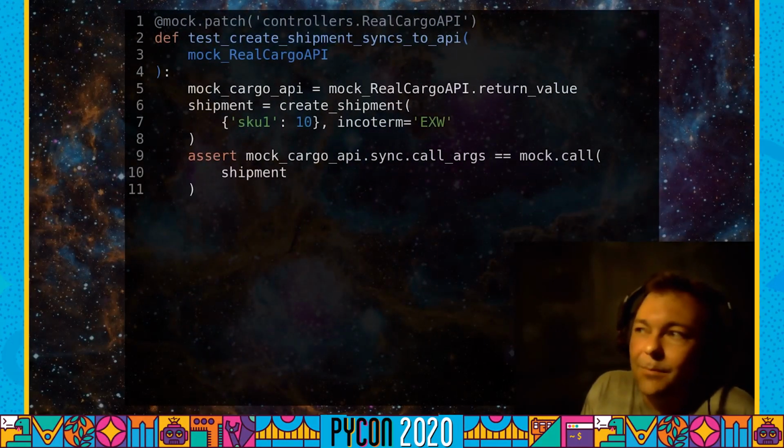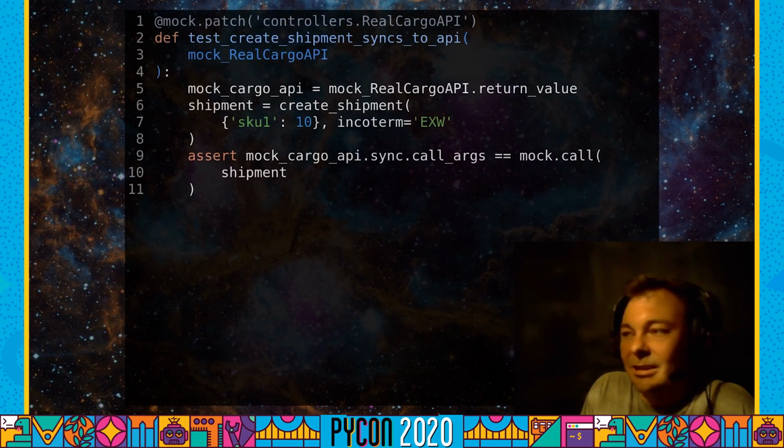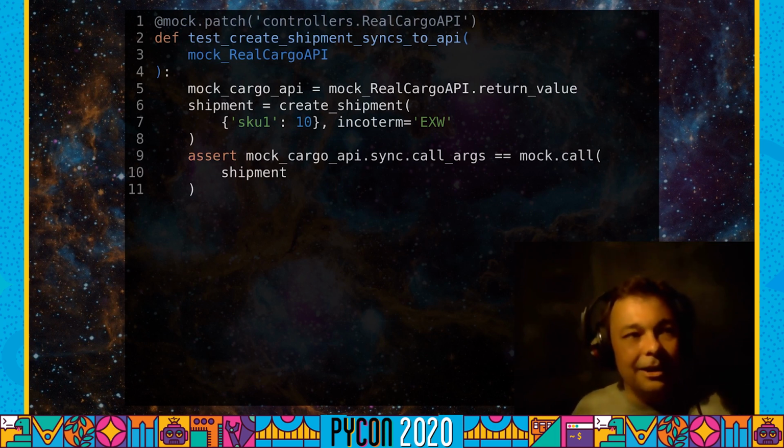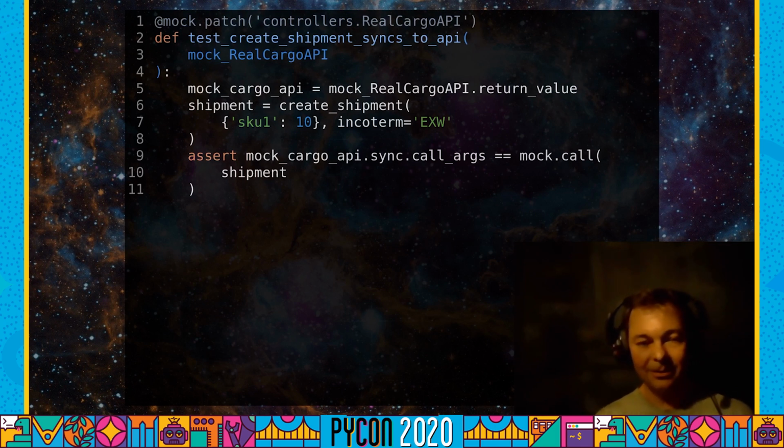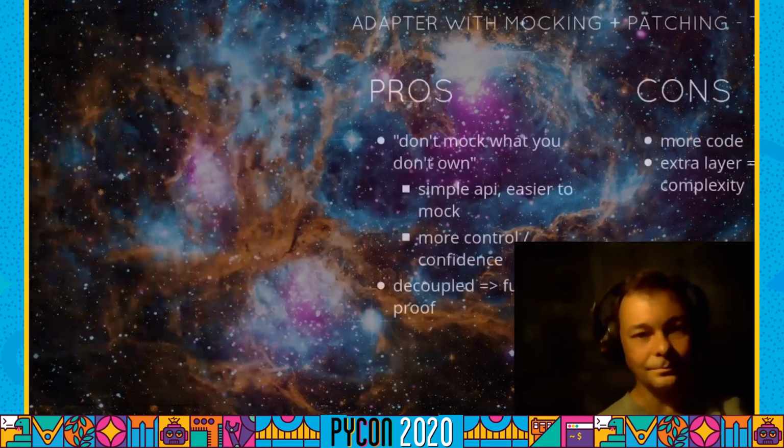If you cast your mind back to the very first test, my assert used to be assert mock request dot post dot JSON double equals. I've simplified at least a little bit what my tests look like, because instead of mocking out the requests module and all its complexities, I'm mocking out an API that I control, which is a little bit cleaner.